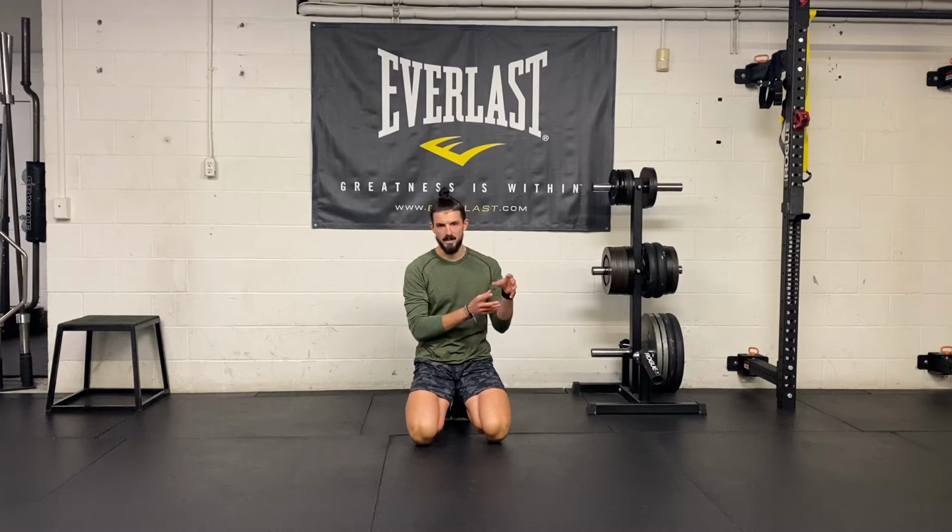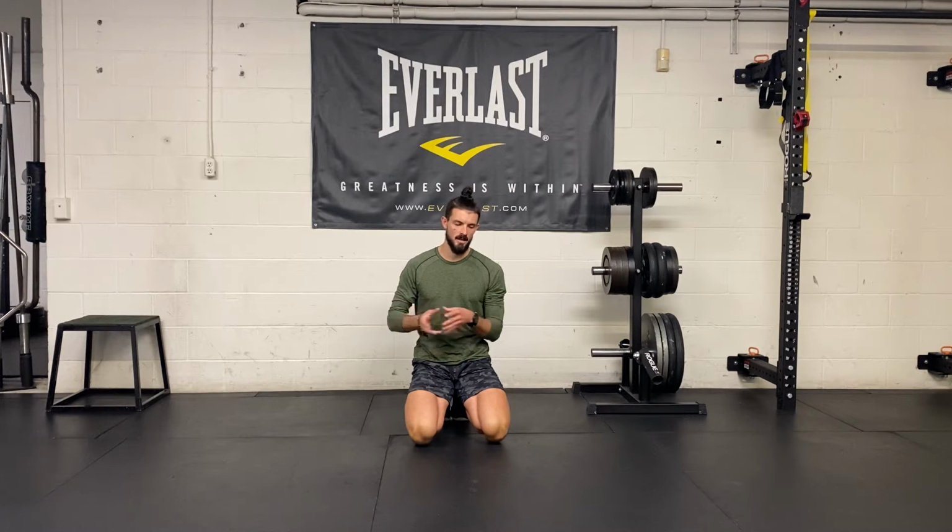Alright guys, so we're going to jump into the quadruped series here. So the quadruped position is when we're on all fours, and in this position we want to try and draw as many connections and as many similarities as possible between the supine series, the sit-bone series, and the quadruped series and all that come after. Trying to find what are the common denominators between each of these,